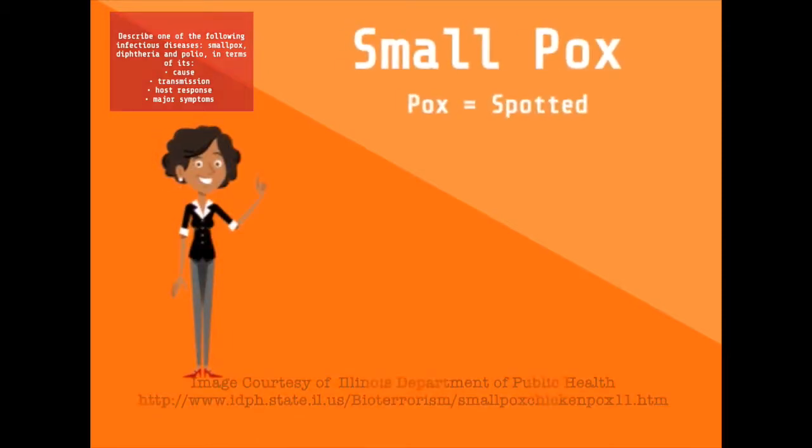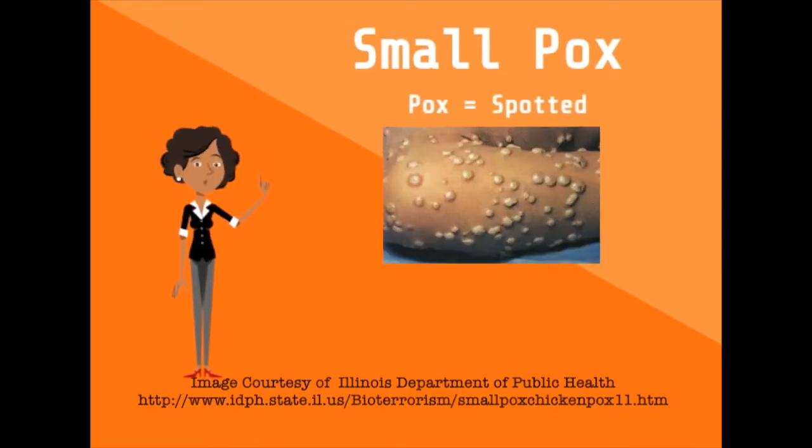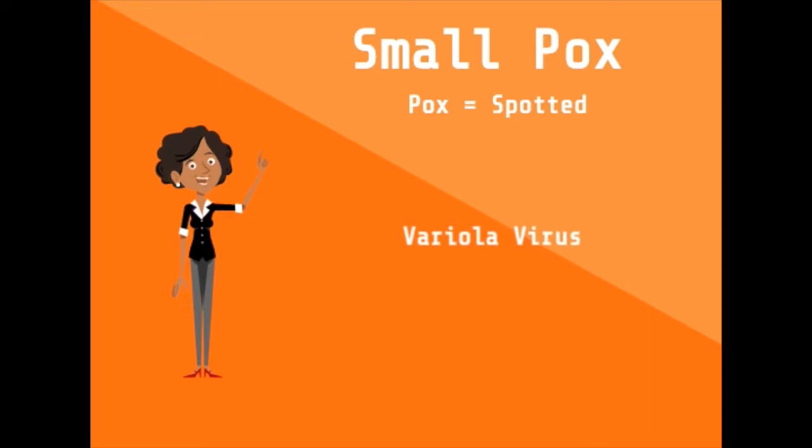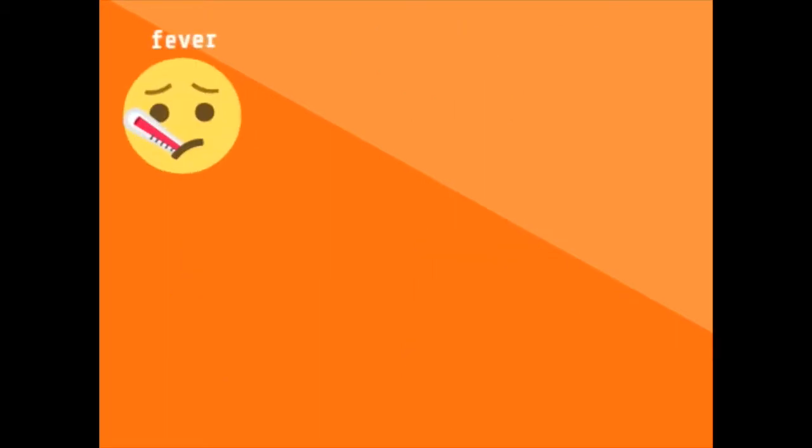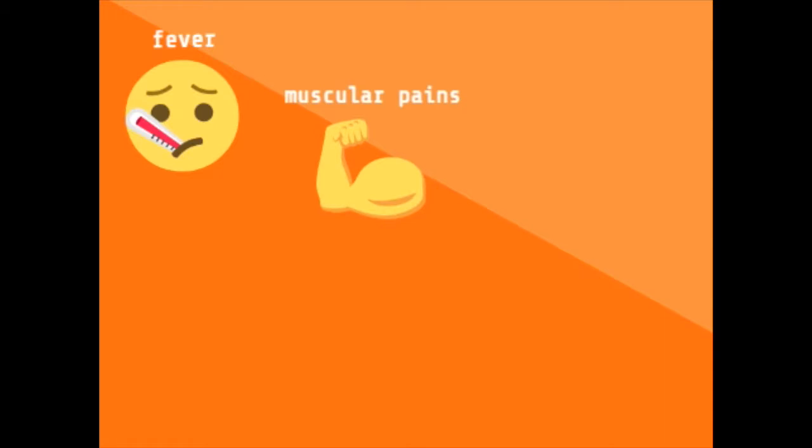The name smallpox is derived from the Latin word for spotted and refers to the bumps found on the body of an individual suffering from smallpox. Smallpox is known to be caused by the variola virus and can be transmitted from person to person through coughing or sneezing. Similar to a common cold, the beginning symptoms of smallpox are identified as a high fever, fatigue, headaches,